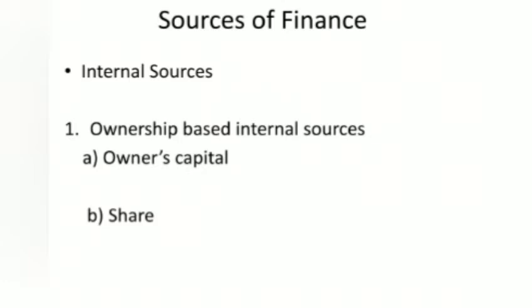If the organization is a partnership business, fund invested by the partners is considered as the owner's capital. On the contrary, if the organization is a company, fund collected through share selling is considered as internal source of finance. Joint stock companies are two types, public limited and private limited. Number of initiators in private limited company is 2 to 50 and in public limited company it is minimum 7 and the maximum number may be any number limited by the shares.